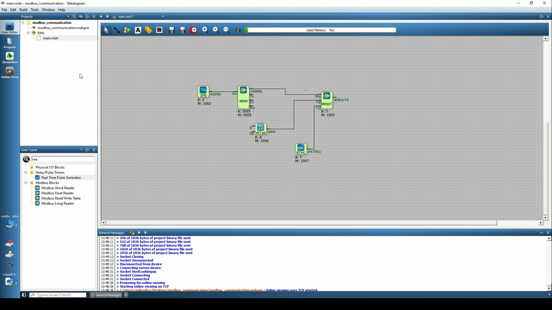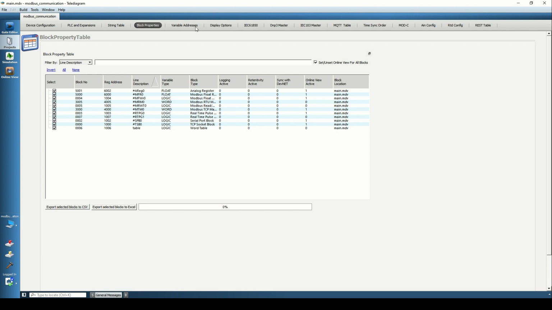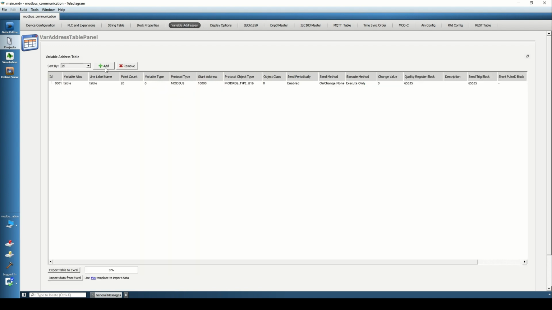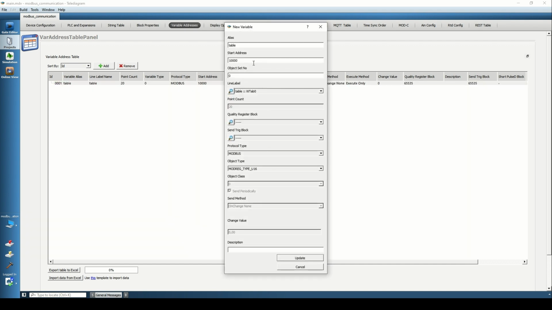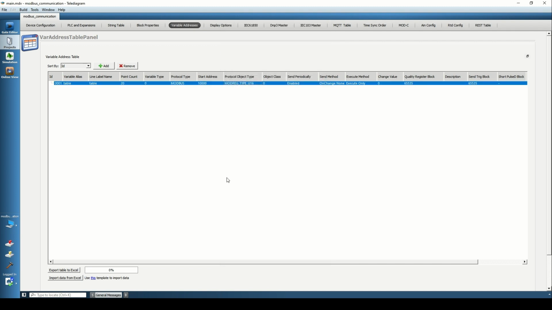First, let's give a table definition to a line here. Then, in the variable address section, I made the table selection with a starting address of 10,000. I defined the variable type as a word. The automatic number of points became 20. We display the transfer between address 10,000